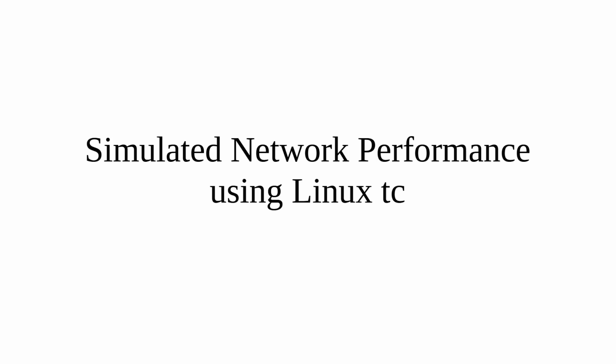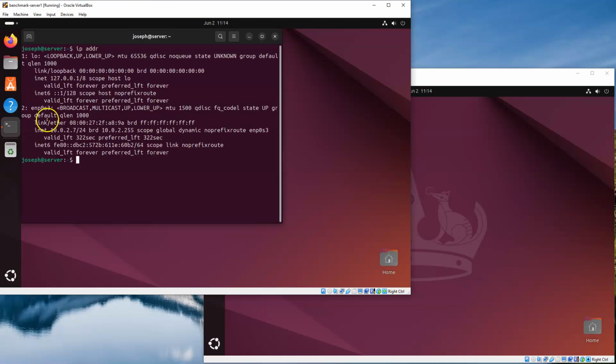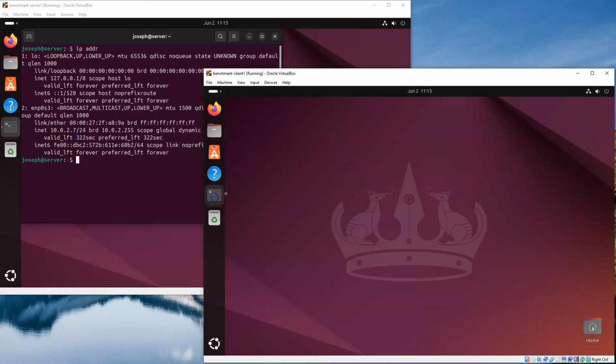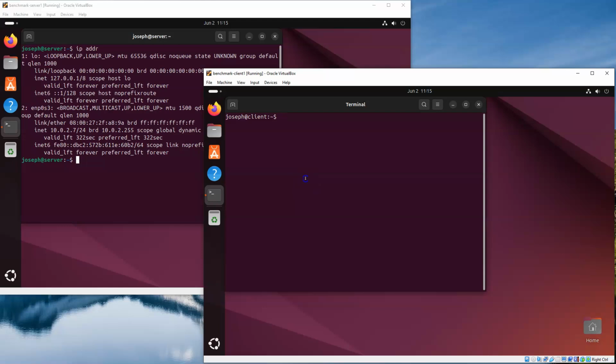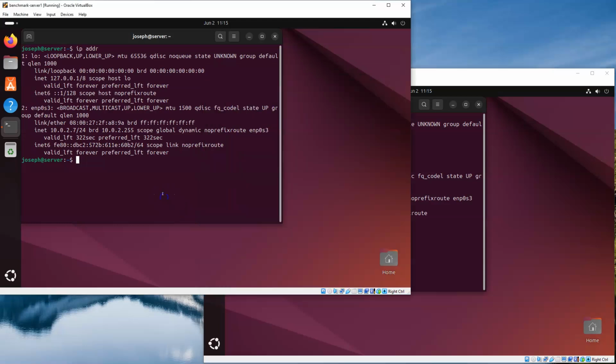Let's talk about simulating network performance using Linux TC. I have here two virtual machines, so you can look at the IP addresses. One machine is on ENP0S3, and it's 10.0.2.7. The other one is probably on the same interface, ENP0S3, and it is 10.0.2.8. Now, if I want to ping between the two of them, they're really close together, so I can do